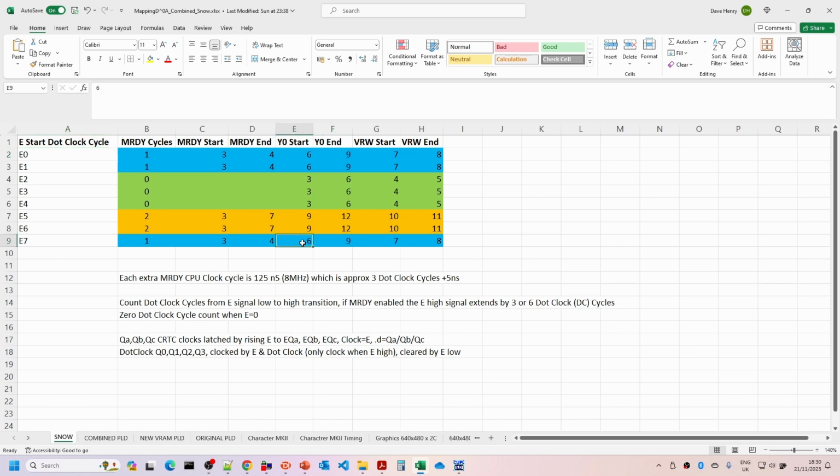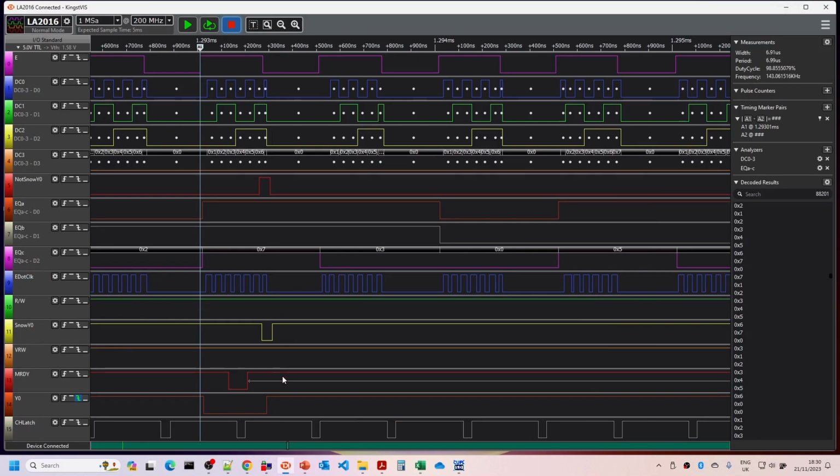Now the only issue at the moment is because the clock is not being extended, because we haven't wired up the MRDY circuits yet, so at the moment there's no way to extend the E signal. So under the circumstance where MRDY was going low here, we would expect to see another 125 nanoseconds put onto the clock here. So if I draw another line here, that would effectively come to, so that's 265. We'd expect that to be about 390, I think. So we'd expect that to extend out to there.